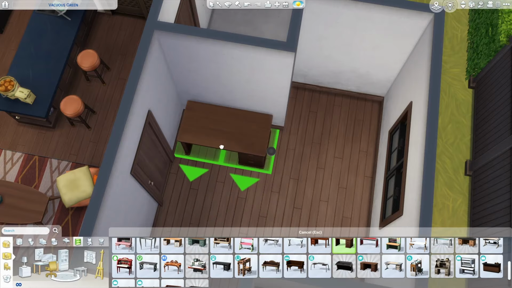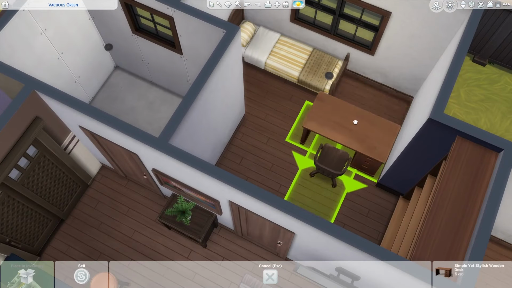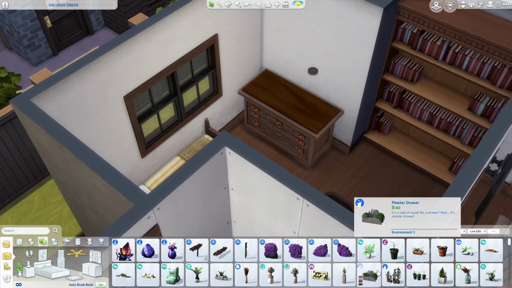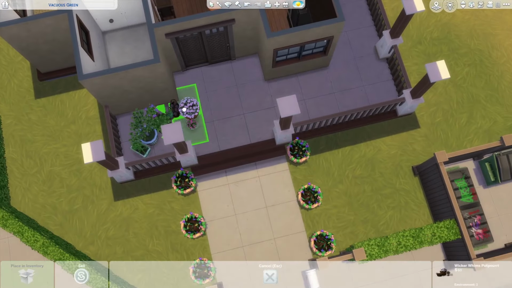But I still love the way that this turned out. It was a real challenge to try to figure out a layout that I actually liked and that for me made sense for this space. So especially the bedroom here for the kid, I made that a bit more neutral, so you can kind of